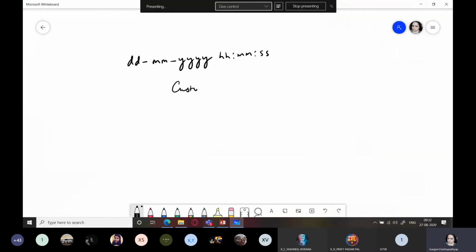Suppose you have a table which describes rooms, like room number 101, whether it is a suite or a single bed or a double bedroom. And whether it is occupied or not.